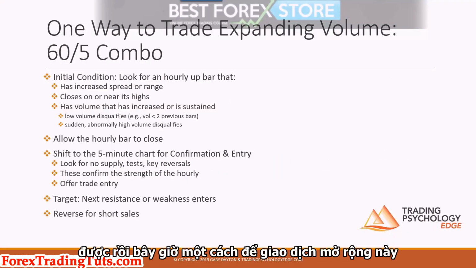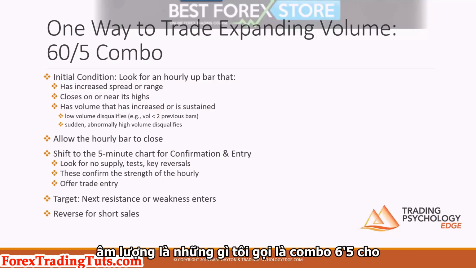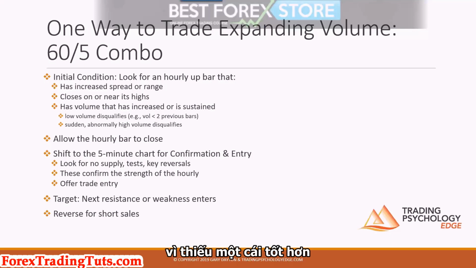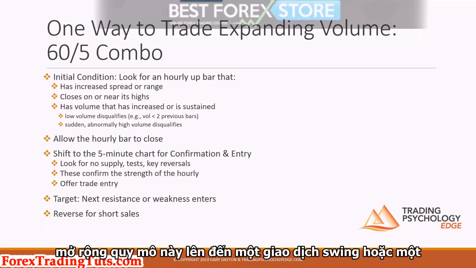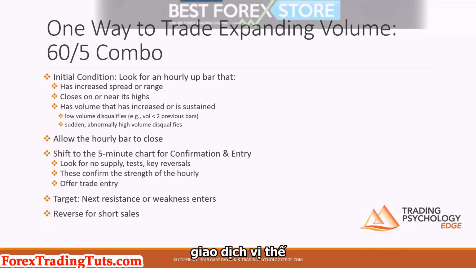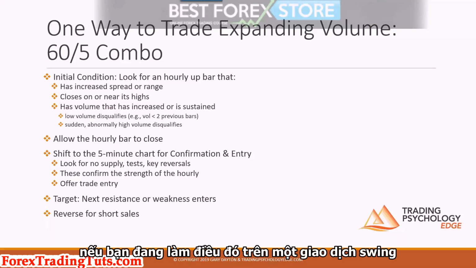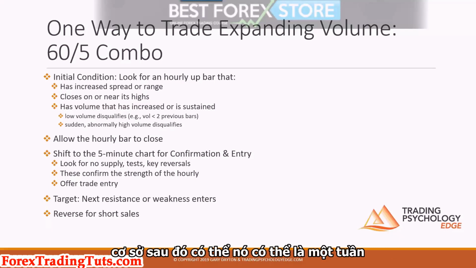Okay, now, one way to trade this expanding volume is what I call the 6-5 combo, for lack of a better name. I just made it up. The initial condition, I'm going to show you on an intraday, but you can scale this up to a swing trade or a position trade if you like. So a 6-5 combo. If you're doing it on a swing trade daily basis, then maybe it might be a